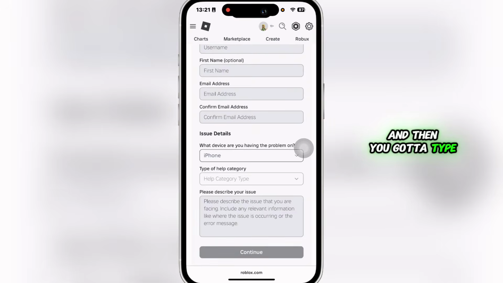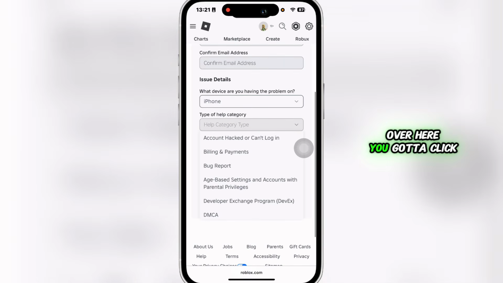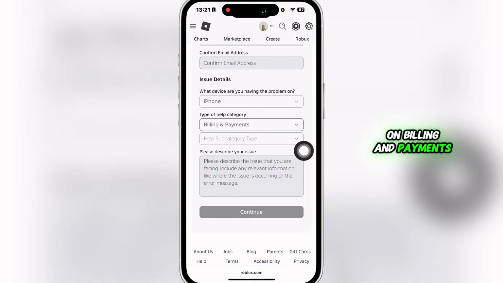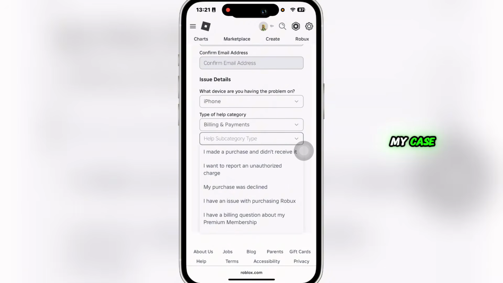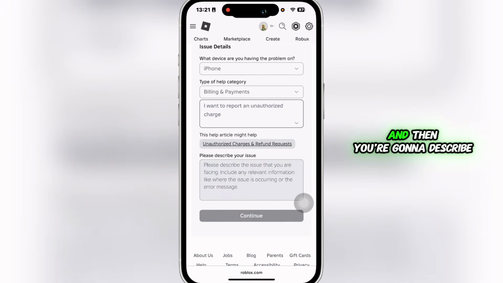And then you're going to type in the type of help category. So click on it. And over here, you're going to click on billing and payments. And then you're going to choose a subcategory. That is, in my case, I made a purchase and I didn't receive, or I want to report an unauthorized charge. So I'm going to click on I want to report an unauthorized charge,